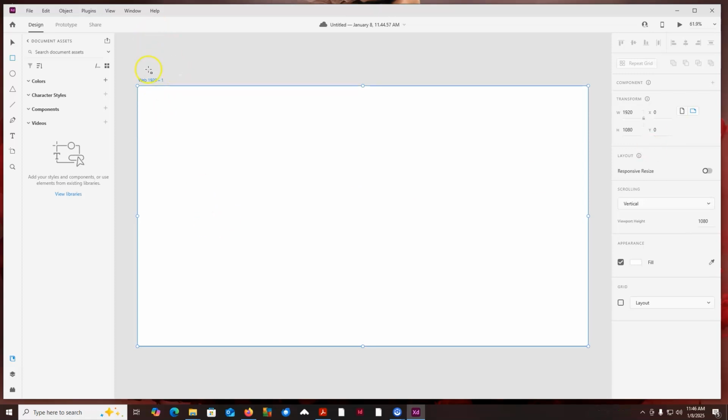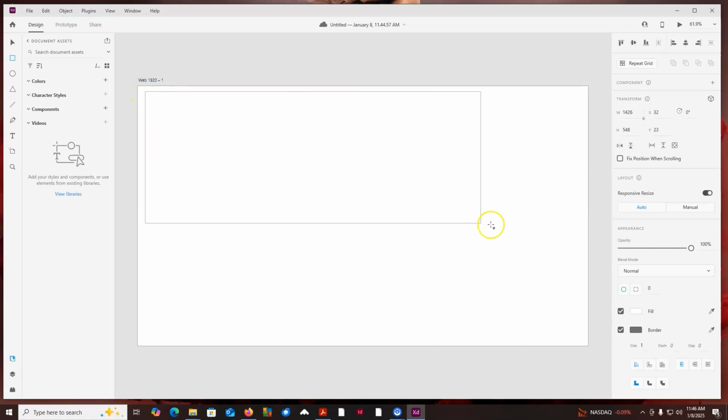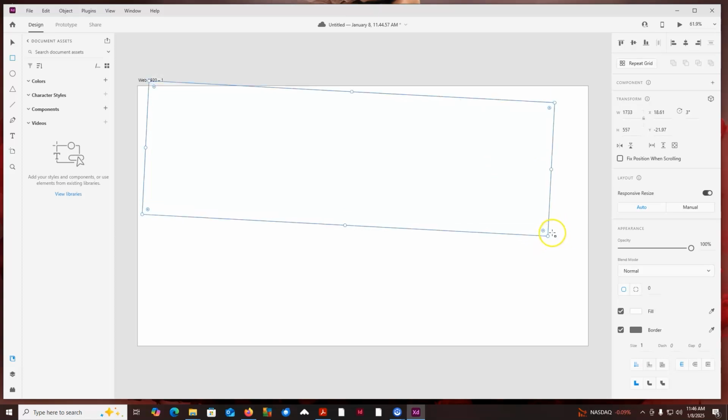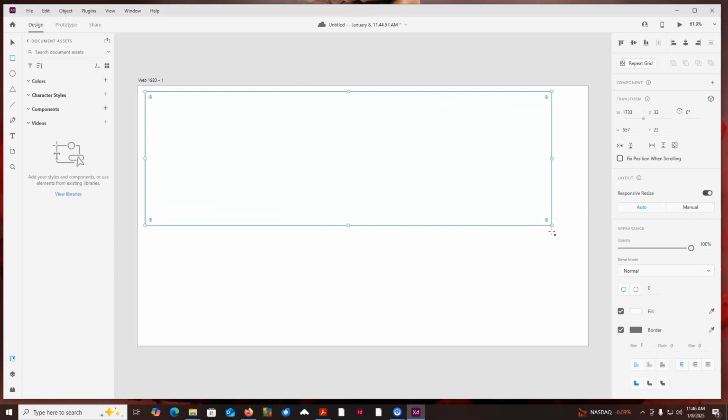All right, so what I'm going to do is use this rectangle, and I'm just going to go ahead and create something. I would just go ahead and create any kind of shape here. That shape can allow me to resize it. I can rotate it if I want to, just like so. And I'm going to Command Z or Control Z on that, and then you can stretch it any way you want. There are little circles here,